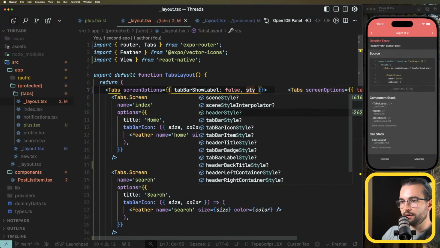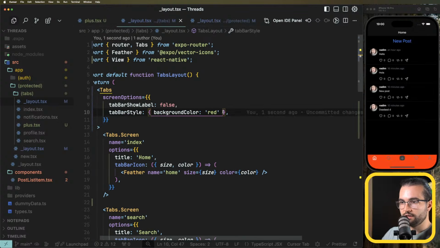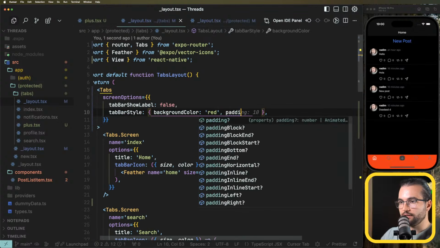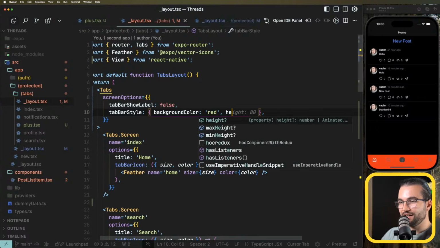Tab bar style, background, yes, it works. And if I do padding top 10, or maybe height more,